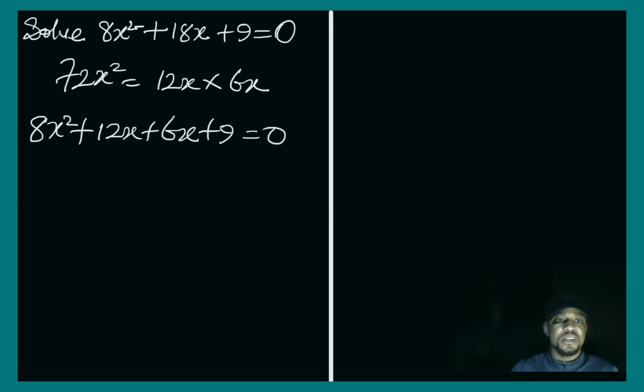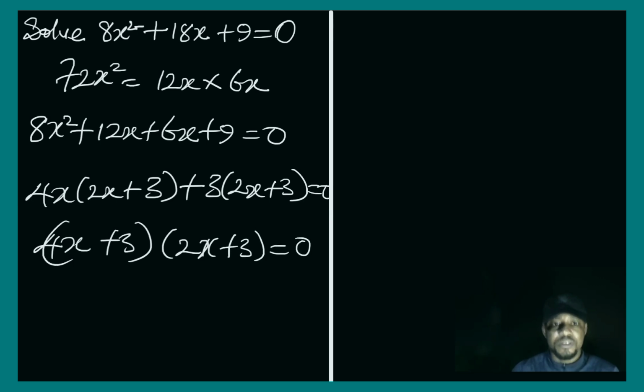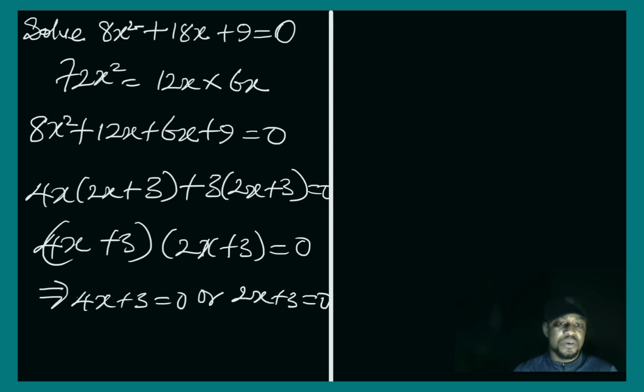equals 0. Now to factorize, I'm going to have 4x into 2x plus 3 plus 3 into 2x plus 3 equals 0. So now we have this in this form. I'm going to have 4x plus 3 into 2x plus 3 equals 0. So what this implies is 4x plus 3 equals 0, or 2x plus 3 equals 0, which means 4x